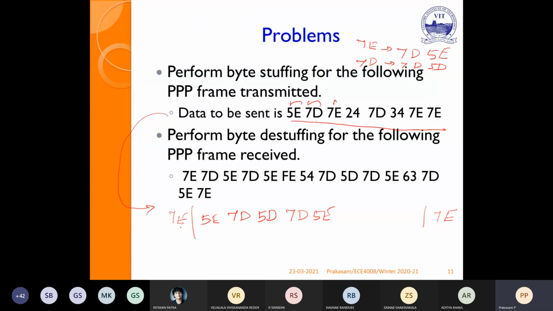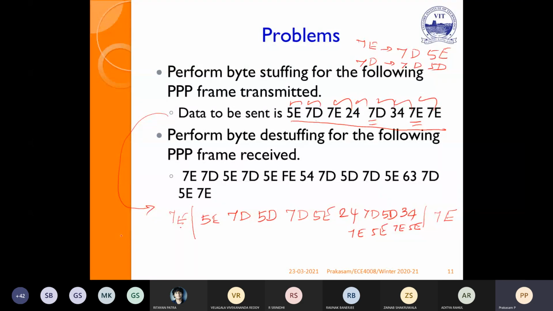So this is also over. Then 24, then 7D, 5D, 34, then 7E, 5E. Now I have completed the byte stuffing as well as the framing.